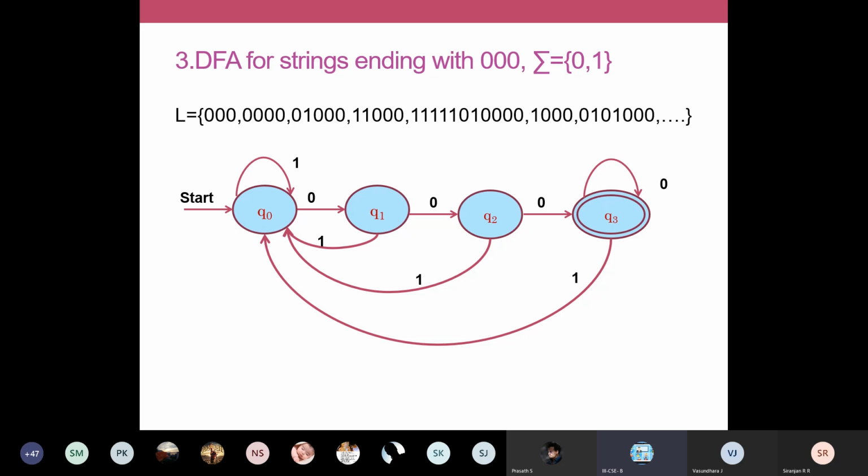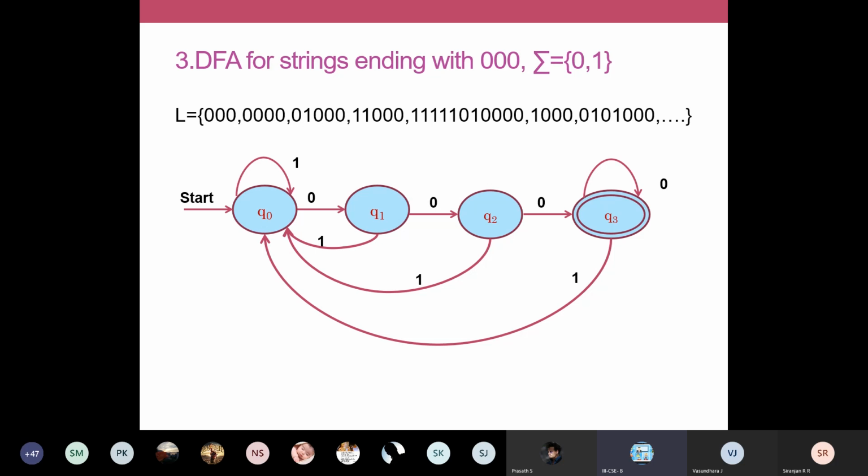Okay, so when some unnecessary symbol comes in between, we are going to go back to the earlier states and wait till the sequence comes. Okay, so that's why you have a loop like this. You are going from Q2 to Q0 or Q1 to Q0 or Q3 to Q0. Go back to your earlier states and wait till your 3 zeros come or till a 0 comes.